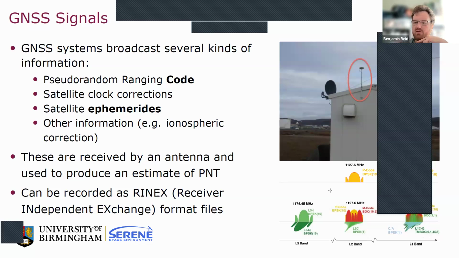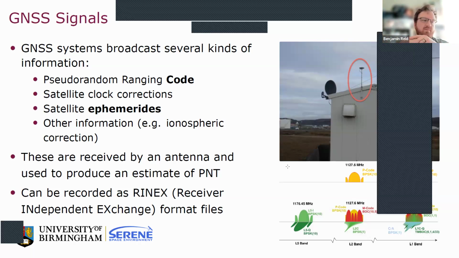You can build a nice little antenna and receive these signals, and that tells you where the satellite is, what some of the errors are, and how far away the satellite is, for all of the satellites. So you can do position, navigation, and timing. And these can be set up to record, right? So really, in how it's supposed to be used,